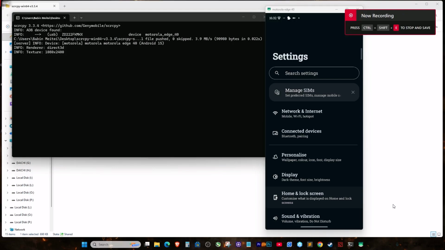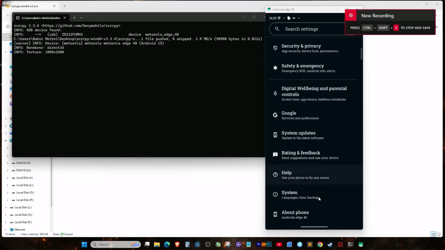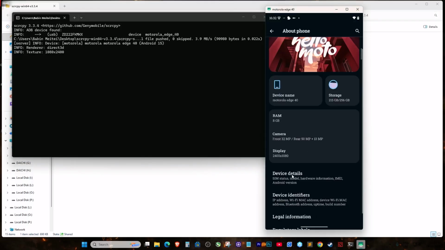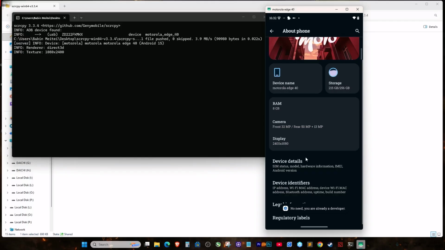In this video, I will show you how to install an APK on your Android phone using a PC with ADB. Now go to your Android phone and enable developer options. To do that, open these settings, go to about phone and tap build number several times until developer mode is